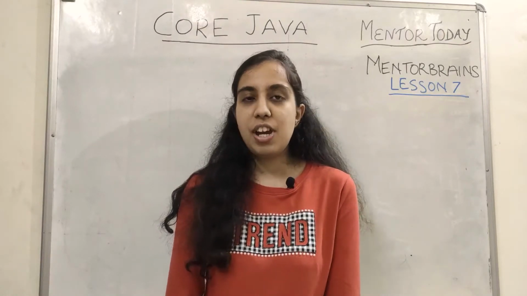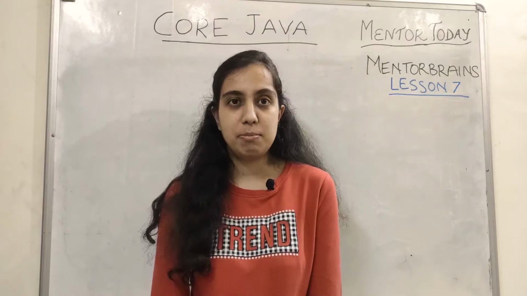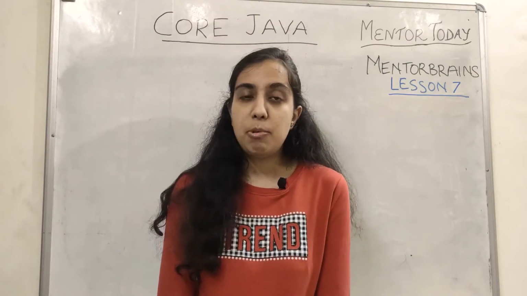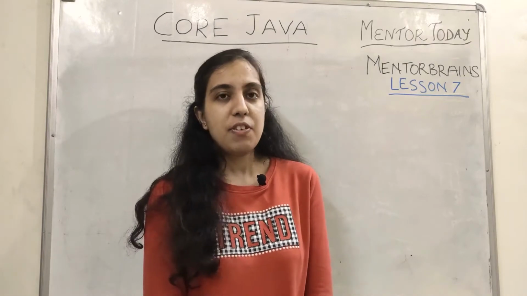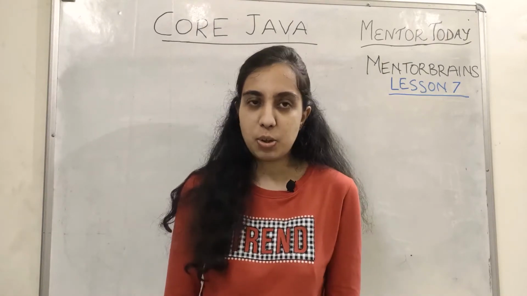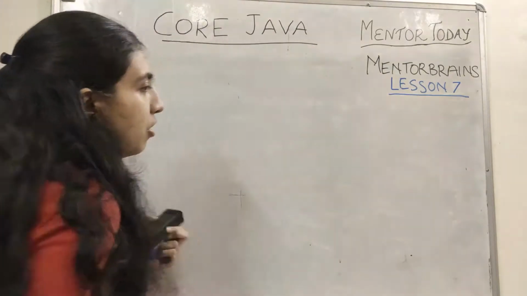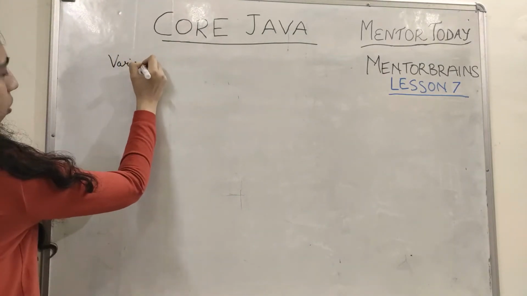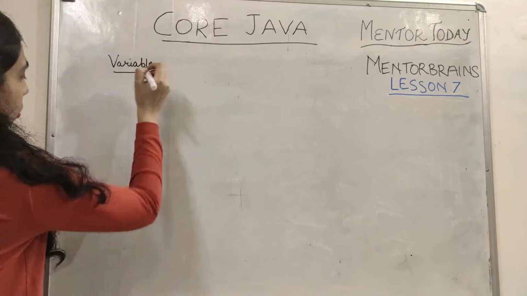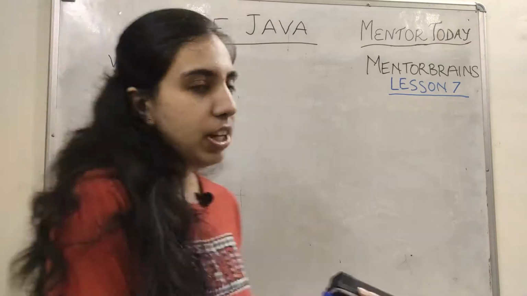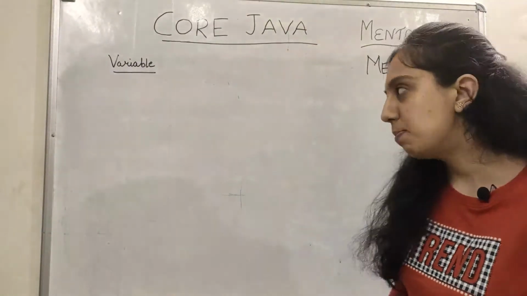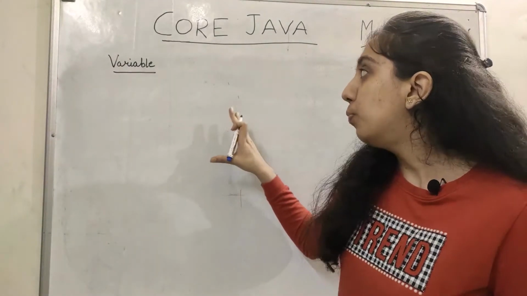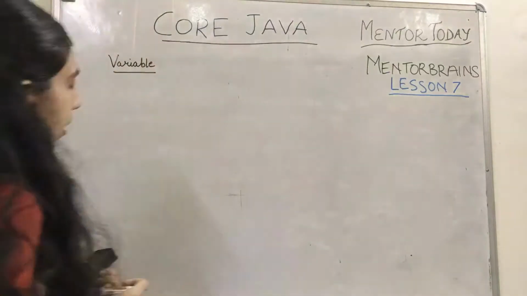Before this lecture, we have already covered so many concepts like OOPs, identifiers, punctuators. We have done a couple of programs as well. And today we will move on further in our Core Java course. So today's topic is variable and then we'll move on to another concept of Unicode. You already know that we have used variables in all our programs before, but I'll tell you in theory what that is, how you write it, and what the examples are.